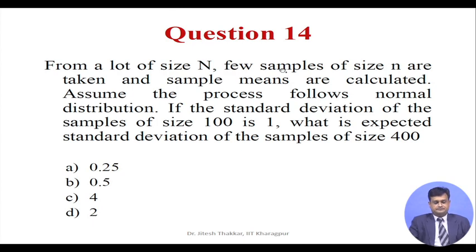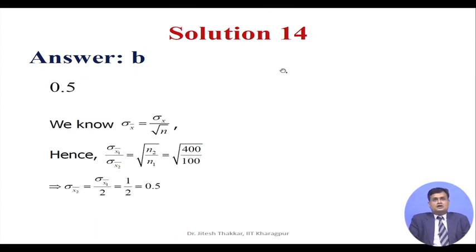Question number 14. From a lot size n, few samples of size n are taken and sample means are calculated. Assume the process follows normal distribution. If the standard deviation of the samples of size 100 is 1, what is expected standard deviation of the samples of size 400? You have 0.25, 0.5, 4 and 2, these 4 options, and the solution is answer B is correct,